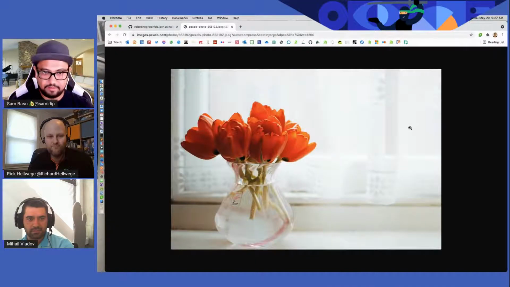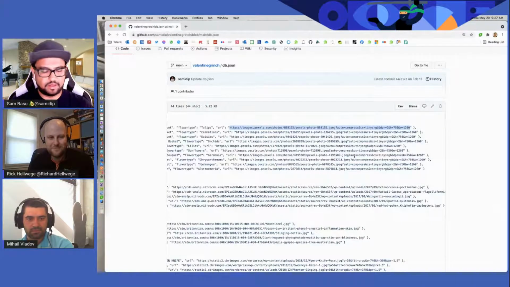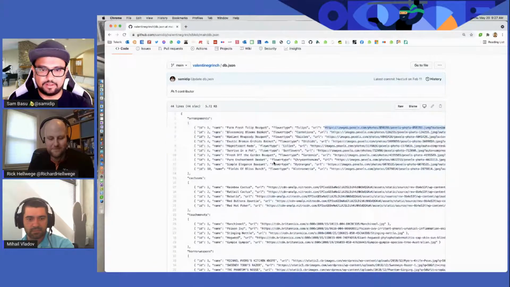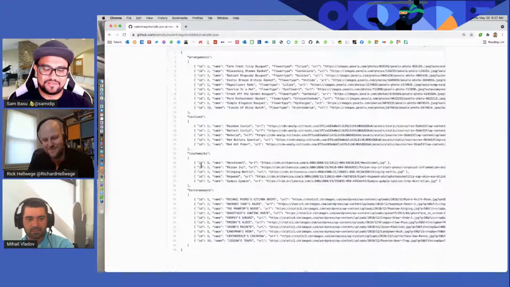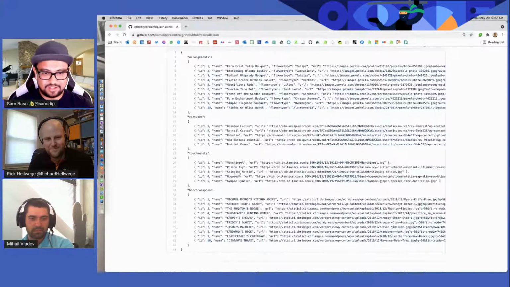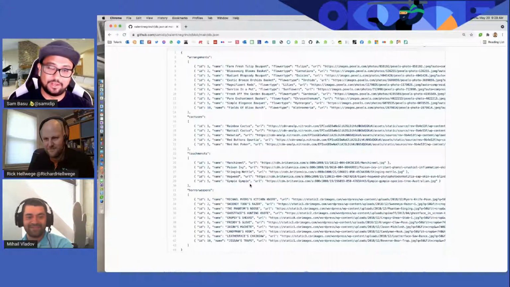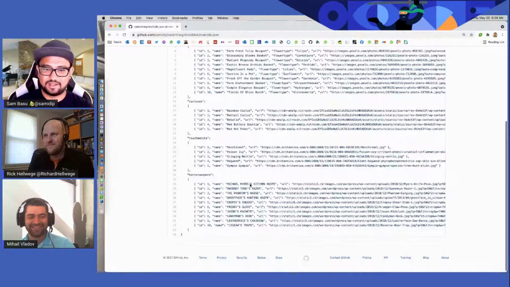Yeah, so again, some of them are and most of them I think are public APIs, so there's no problem in using the images. We're just doing this for demos anyways. So we have arrangements, we have some cacti. I don't know if cactus is a word. I think it's cacti. But then we have some things that are touch-me-nots. These are the ones that you actually do not want to touch. The stinging nettle, I think, is a North America or South America based plant. And then hogweeds, gimpy. I don't know what these are, but apparently you don't want to touch them because they might give you a rash.